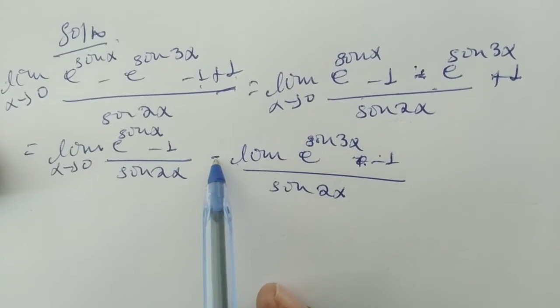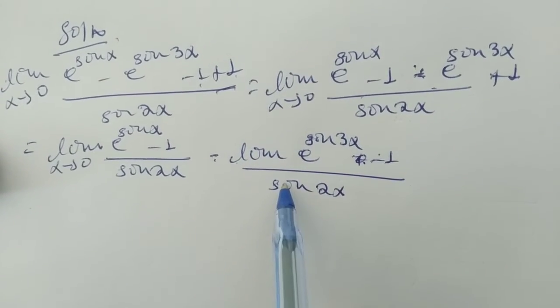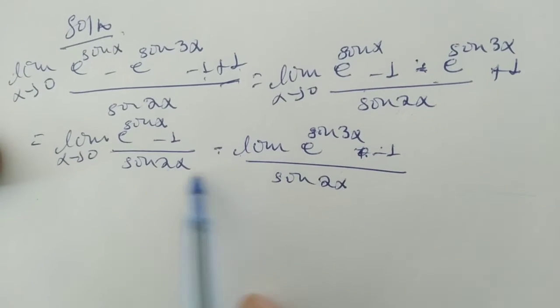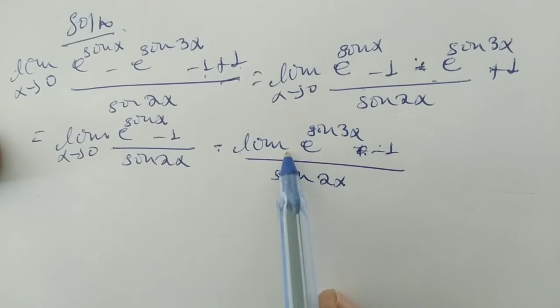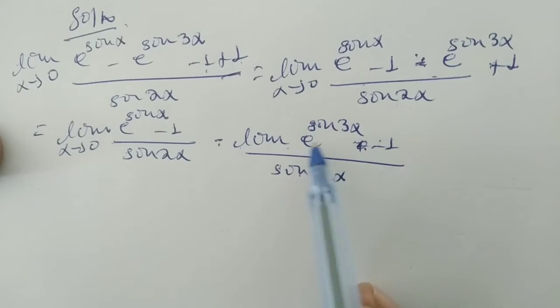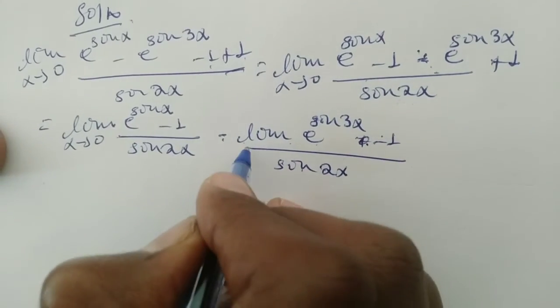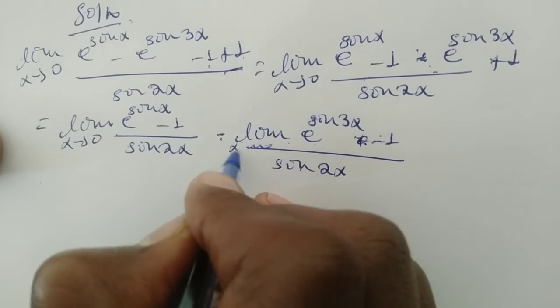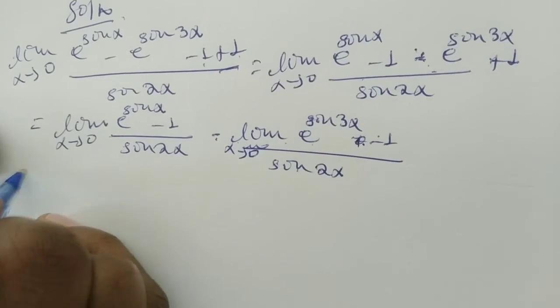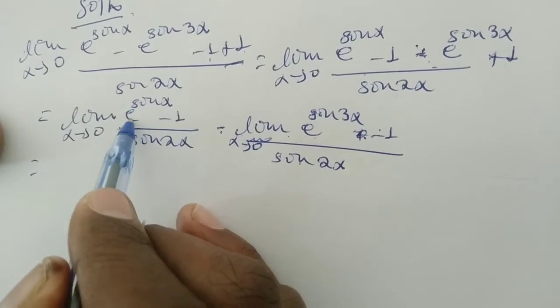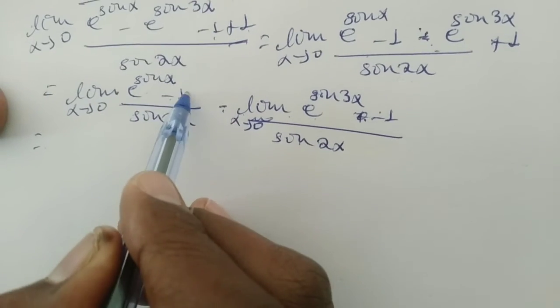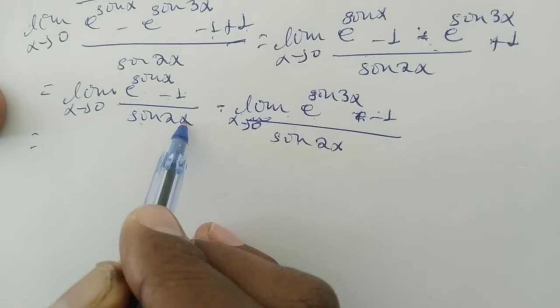Sorry, it becomes minus 1 when the plus 1 is factored with the minus sign. Taking the common factor over sin of 2x, it is minus the limit of e to the power of sin of 3x minus 1 over sin of 2x when x goes to 0, which is equal to the limit of e to the power of sin of x minus 1 over sin of 2x when x goes to 0